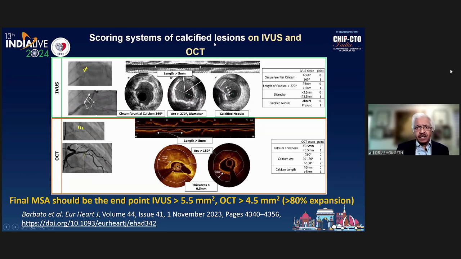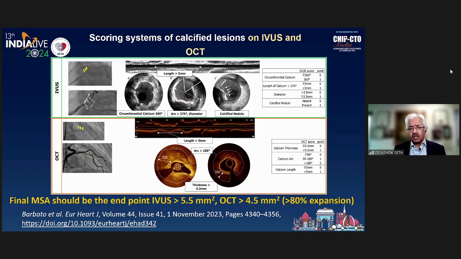First understand the scoring systems of IVUS and OCT. We have to understand that these scoring systems are valuable, and I certainly use them in my own practice. But the endpoint is not a circular lumen, by the way. We have eccentric calcium, we have nodular calcium. If we keep chasing this with balloons, we will have perforation. In situations where you have an indentation and underexpansion in one view, which is quite clearly seen in many patients who have eccentric or nodular calcium, the final MSA at imaging is the final endpoint, which is either